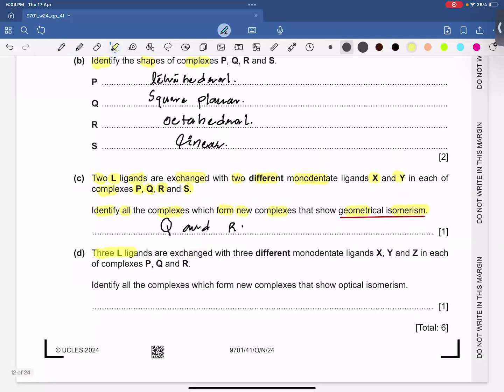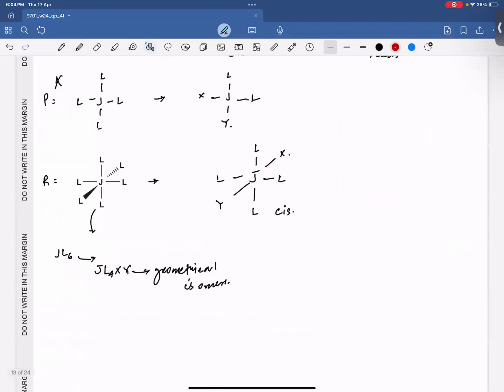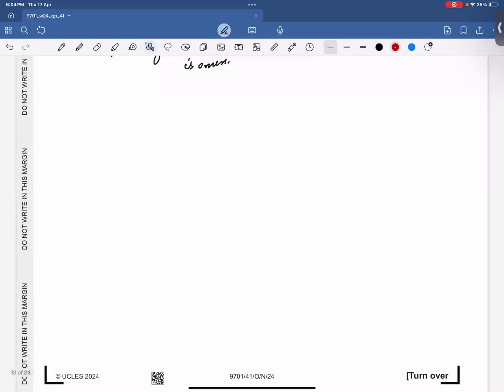Three ligands are exchanged with three different monodentate ligands X, Y, and Z in each complexes P, Q, and R. Identify all the complexes which forms new complexes that shows optical isomerism. I'm looking for the optical isomerism. That's going to be tricky because three different monodentate ligands are used. An examiner is looking for P, Q, and R. So for P, Q, and R,